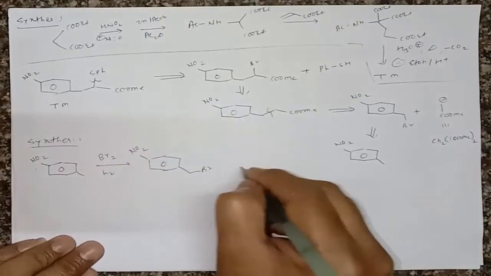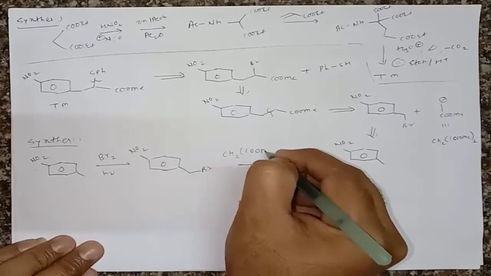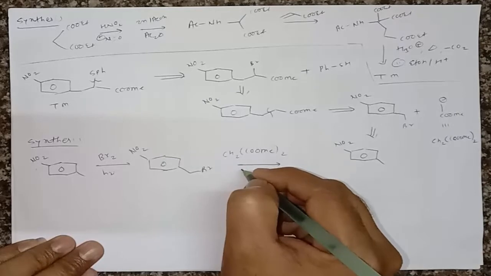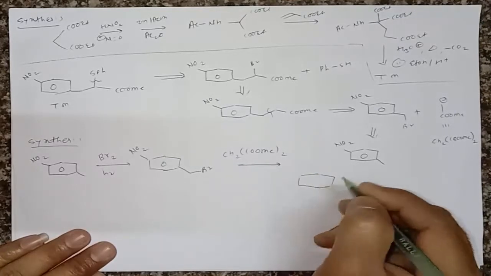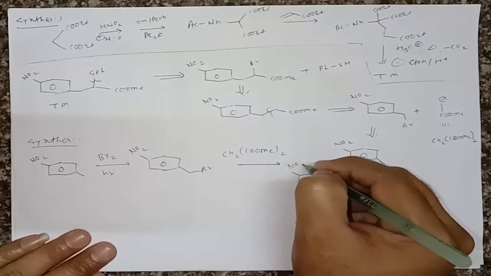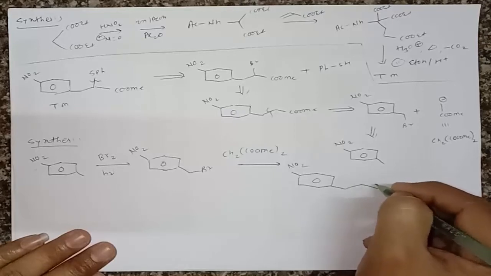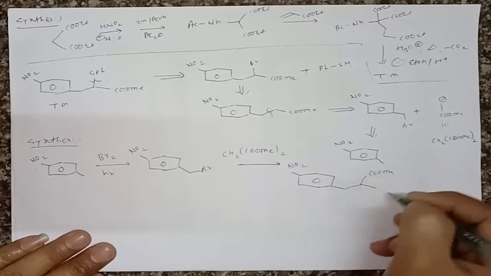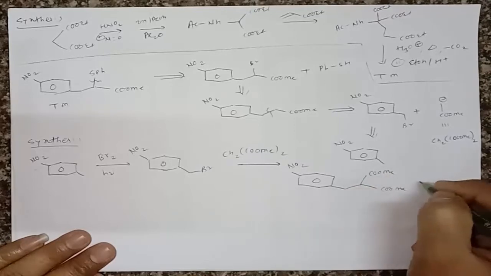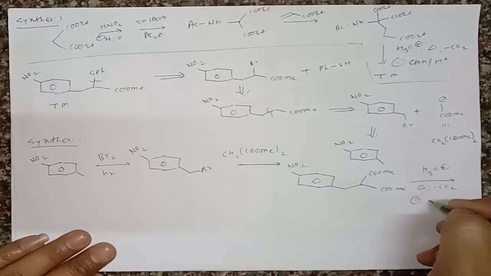Then further we have to treat this molecule with CH2COOMe twice, and so what does it give? It gives introduction of this CH2, then here is again COOMe. Further we have to hydrolyze these, then heat, it gives decarboxylation, and secondly again we have to treat this